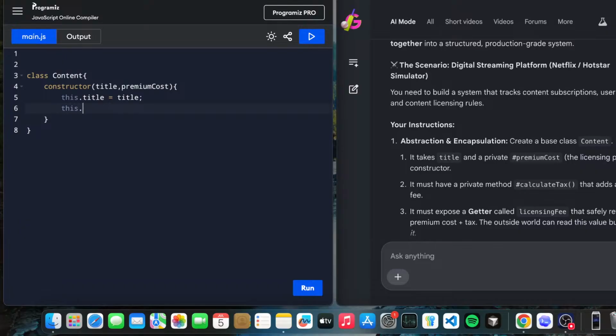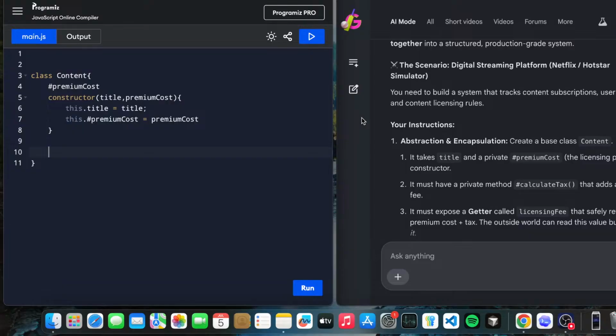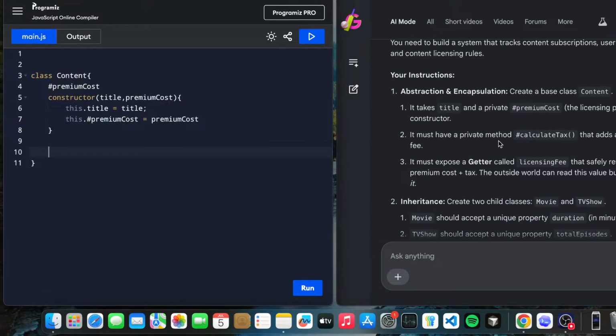After that this.#premiumCost equals premiumCost. Done. Let's create a private variable, that is premium cost. Created a private variable. Done.